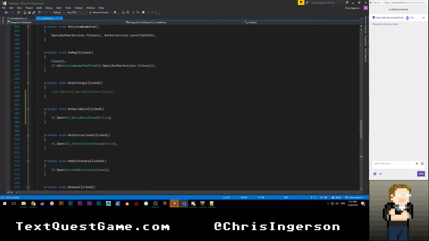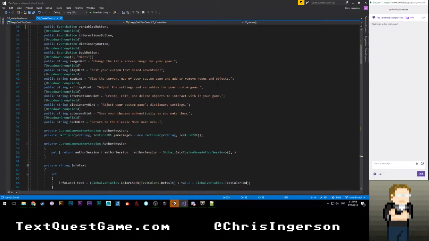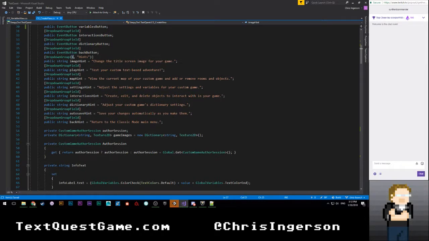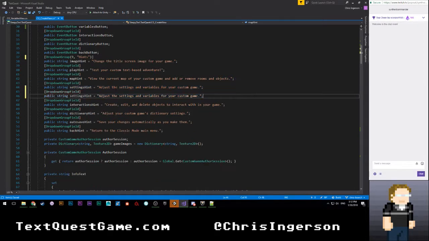Okay. We do need to go ahead and add a hint for this. So let's see. We're gonna have 9 hints. Setting hints. Let's go ahead and grab that. Paste this here. Rename this to variables hint, adjust these settings. We'll just go ahead and say adjust the variables for your custom game.